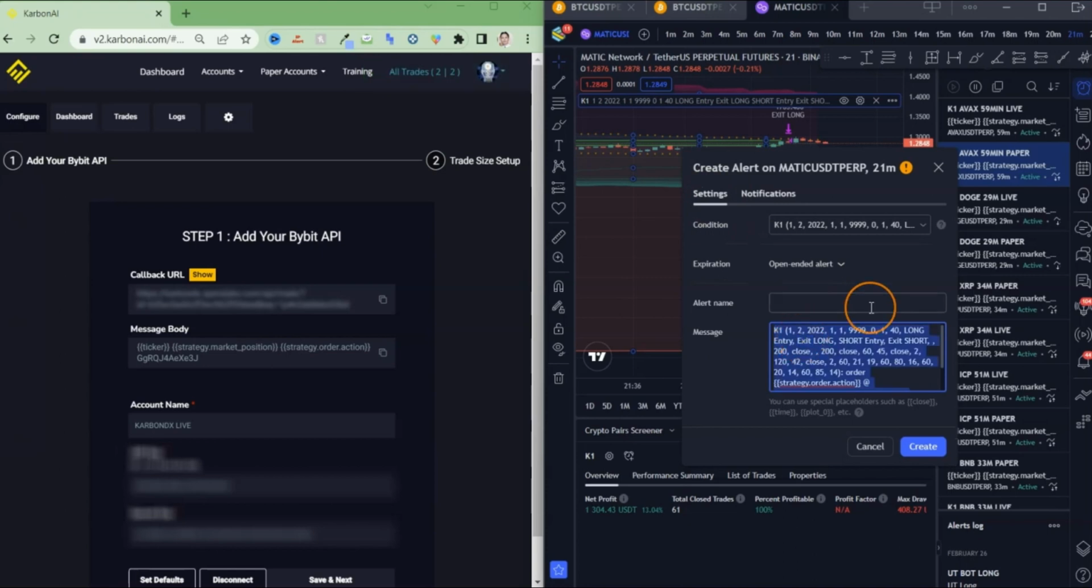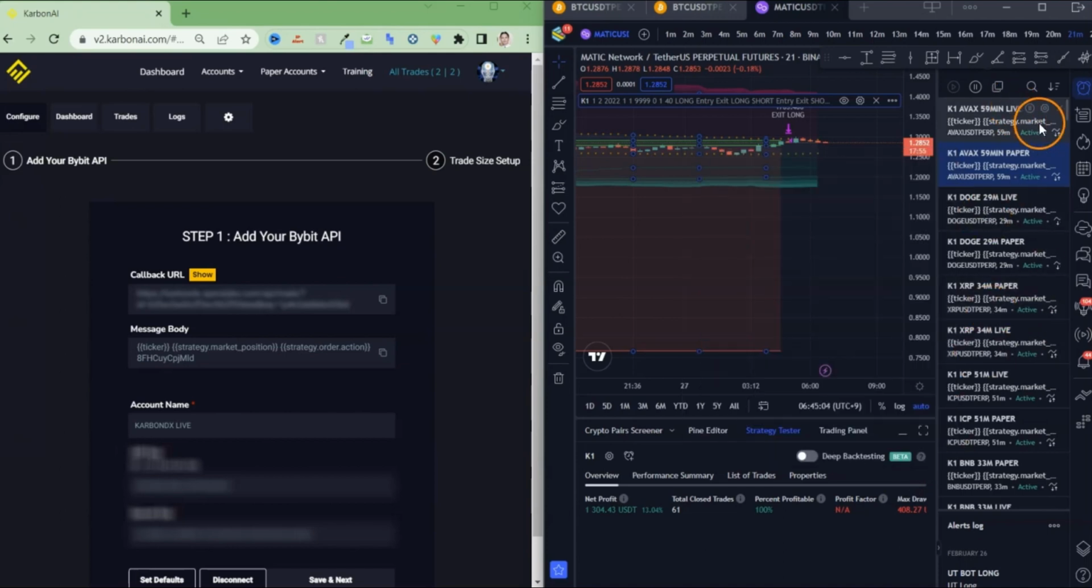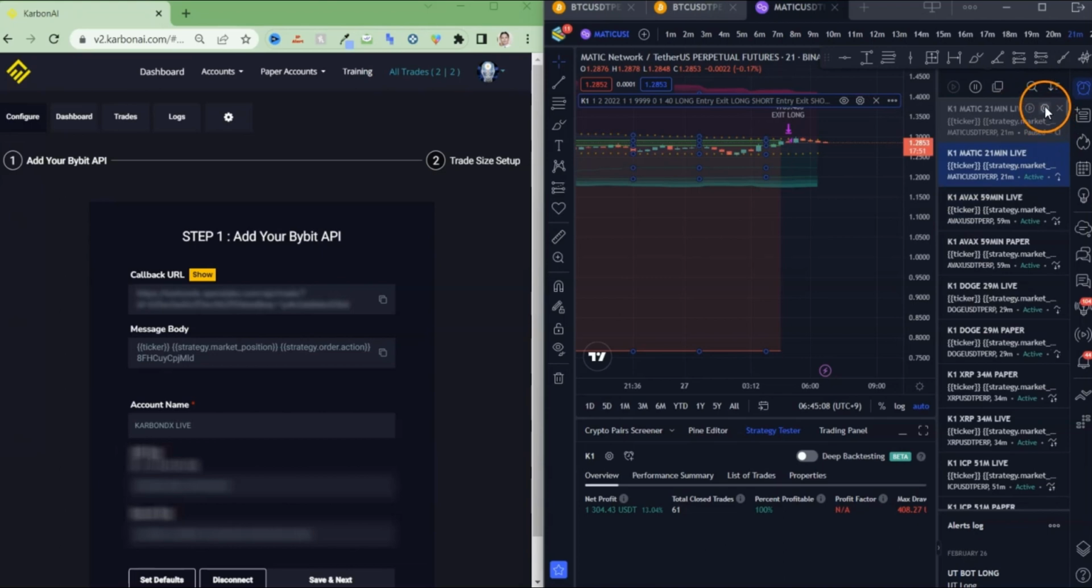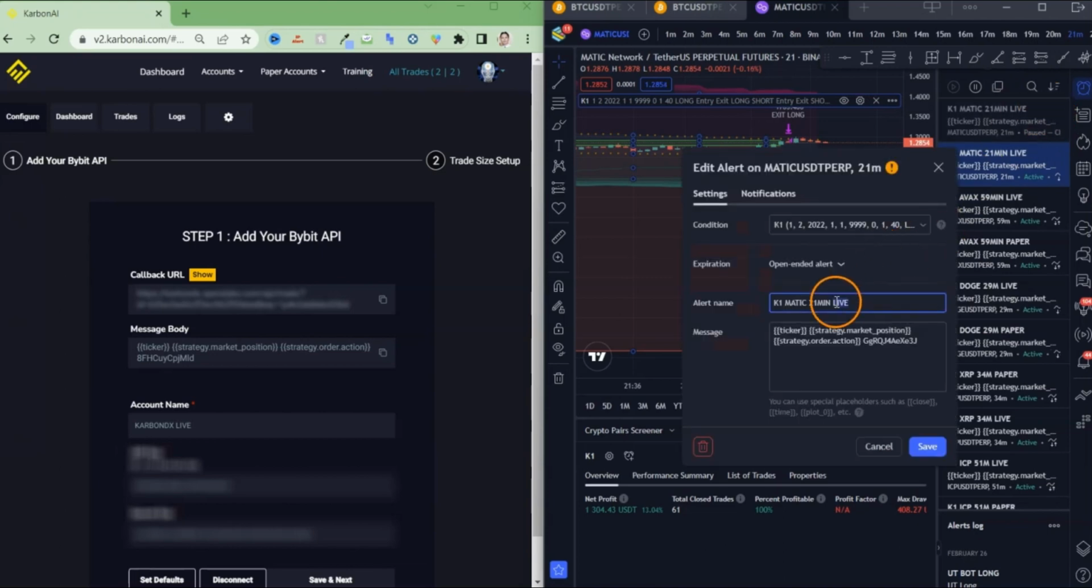Let's do the message body real quick, and then we call it K1, right? This Matic, and this is for the 21-minute live account, okay? And we would create that, and immediately you can right click and clone this real quick and go back into the gear, change that to paper,